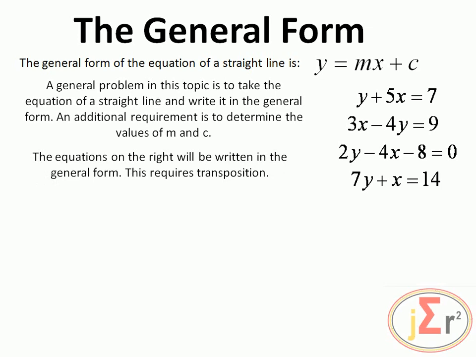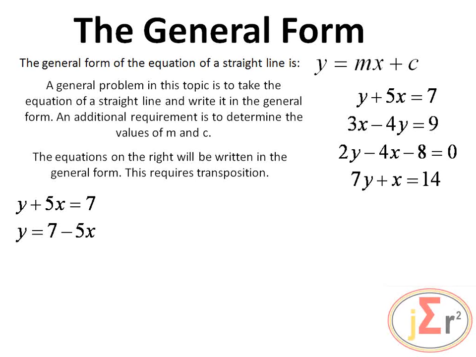The equations on the right will be written in the general form. This requires transposition. So there's our first one: y plus 5x is equal to 7. We know that we need to have y on the left-hand side alone. Therefore, the 5x needs to go to the other side. By transposition, it is going to acquire a negative sign on the right-hand side. So there we have it: y is equal to 7 minus 5x. However,